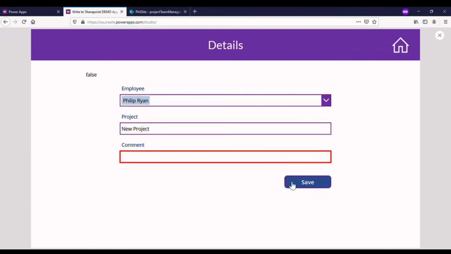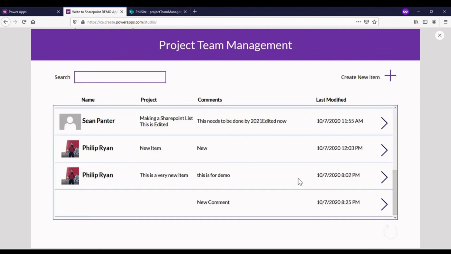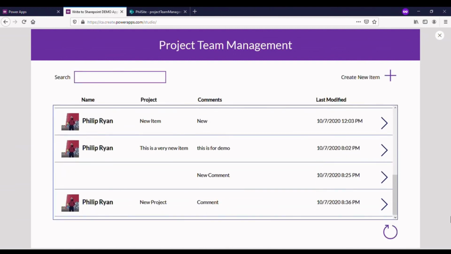Hit save. It's beginning to recognize that there's stuff that is getting filled in and fixed. And here's my comment. And now because I've got everything filled in, it should navigate to the previous page and add in that new item. And there it is down there. So that's how to add in a little bit of error checking into our